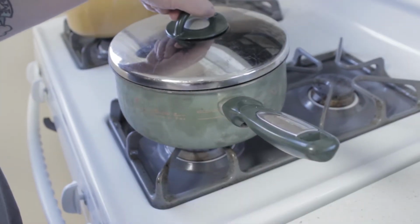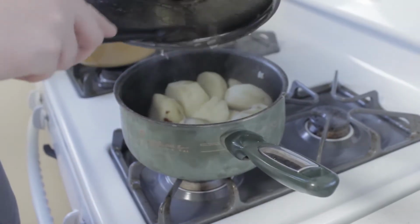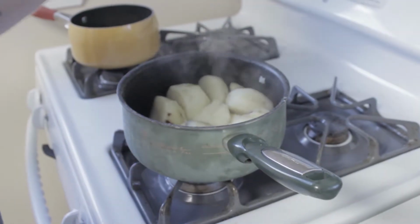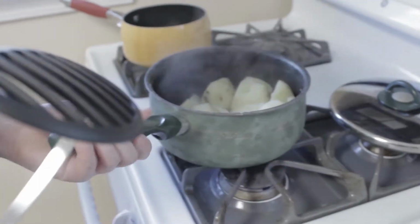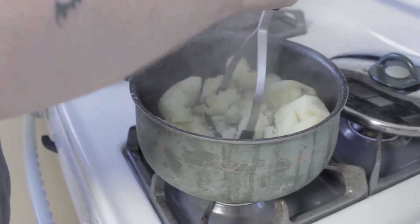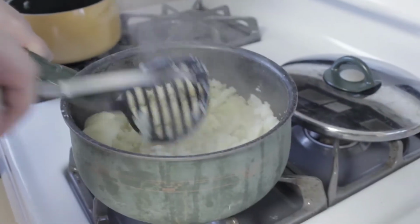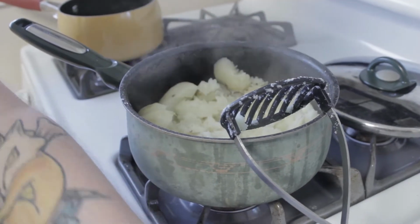Here's where it gets fun. I unveil the potatoes. Put the potato back into the pot. All right, and now for the fun part. Grab my masher, and I'm gonna start mashing my potatoes. Now I'm gonna do just like one round, really quick. And after that one round, now I take our 1/4 cup of butter,